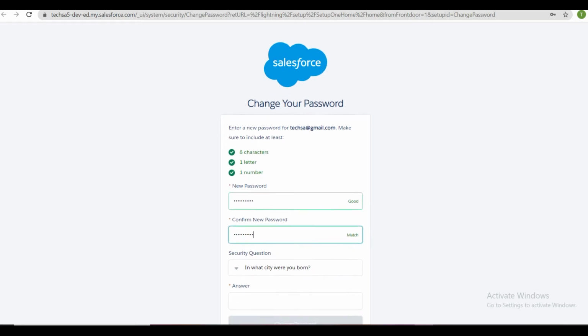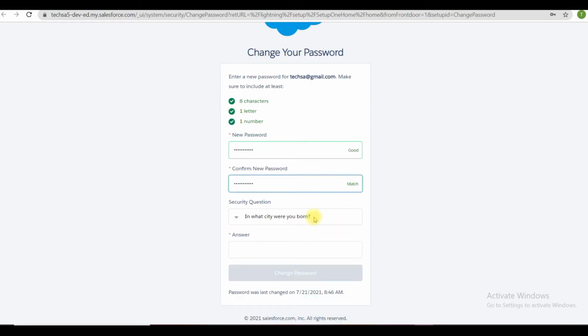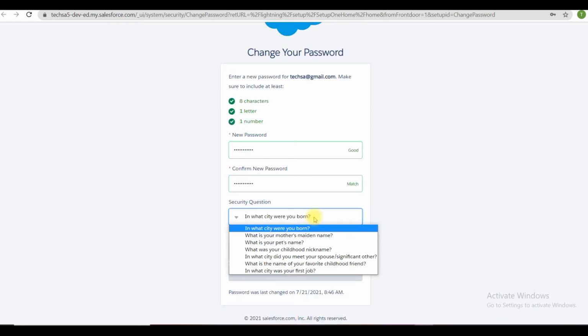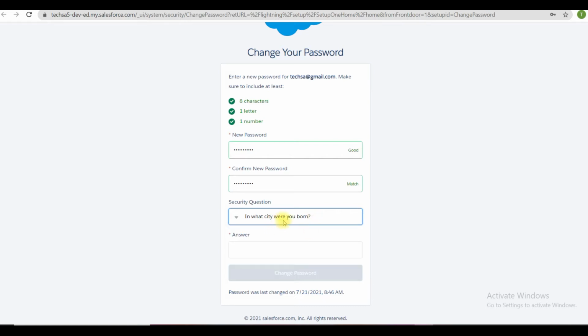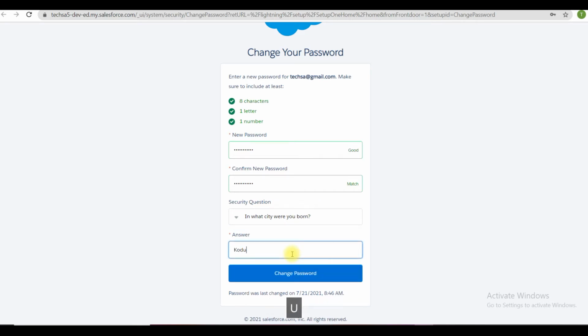It is asking us to provide a security question; any easy question you can consider here. I am providing the question, the city I was born in, Kodungalur, and clicking on the save button.